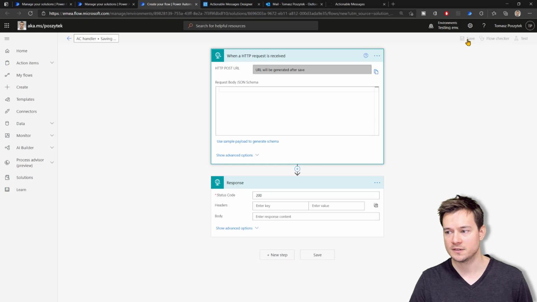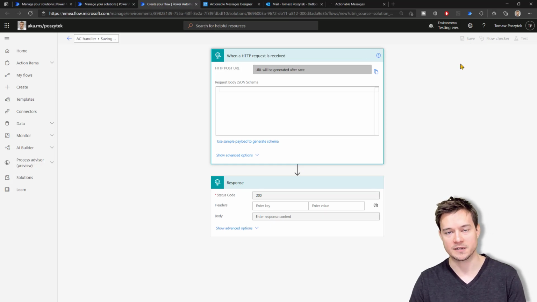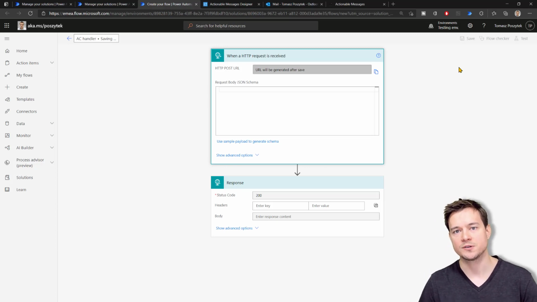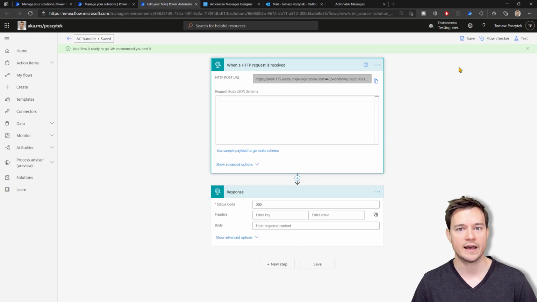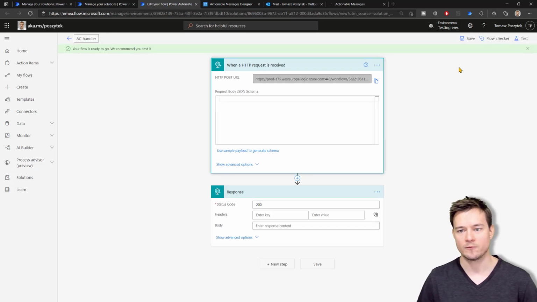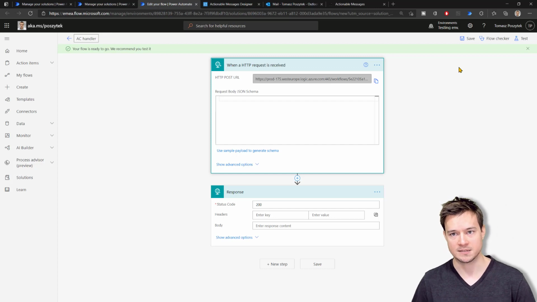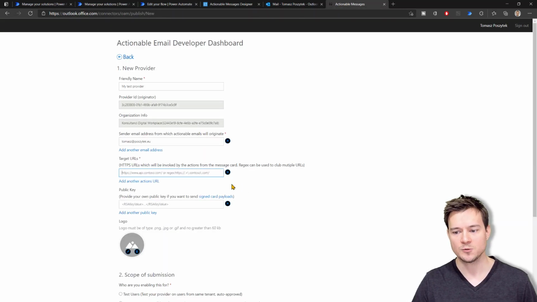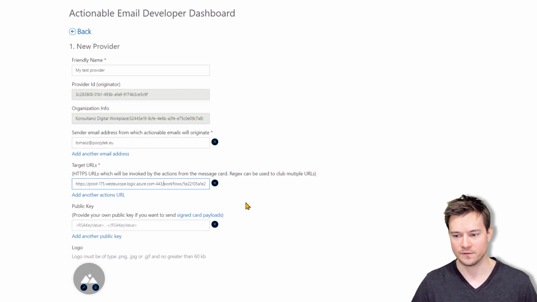Now, what is important, as you already realize, I hope, is that to actually follow me in this scenario, you need to have a Power Automate per user or per flow license, because these actions are premium. And when speaking about Power Automate as this target URL, there is no other way. So now I'll just grab this URL, and now I need to put this URL here so I can provide it directly. So I just copy paste like this,